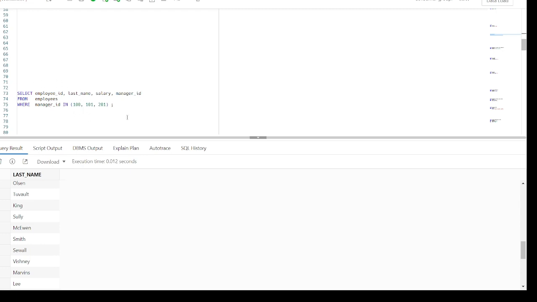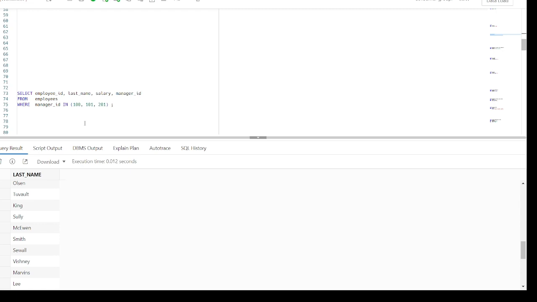The example here displays employee IDs, last names, salaries, and managers' employee IDs for all the employees whose manager's employee ID is 100 or 101 or 201. Now it's not mandatory to have these values in sequential order. You can have this set of values in any random order.